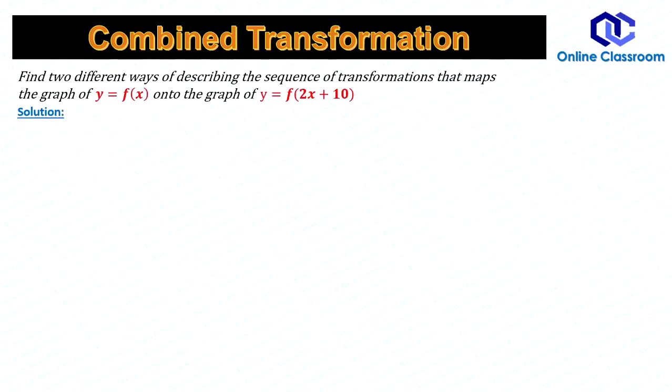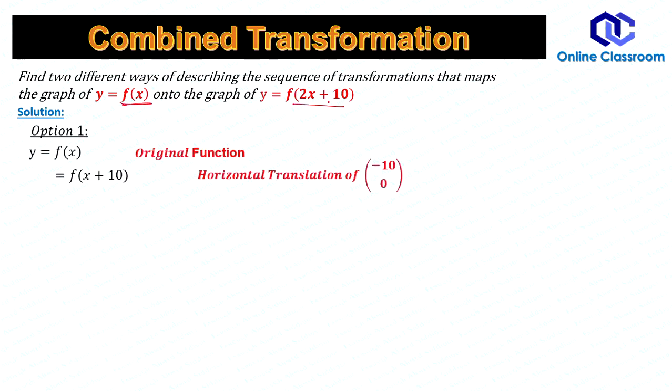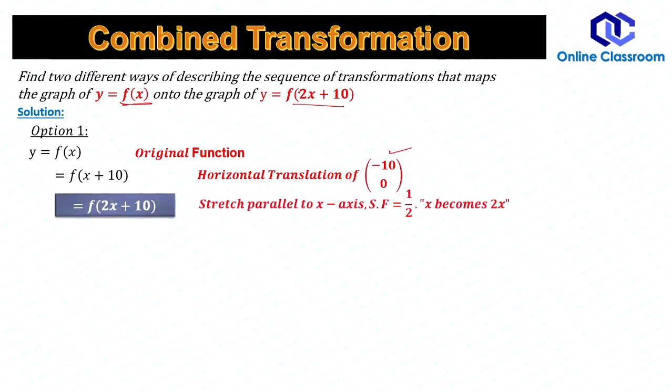Now again, there are two different ways. A graph is not defined, whether it's a quadratic or linear or whatever graph we don't know. Now transform to this. I have two options. I'm going fast. Try to get the idea. First I've done the translation because of this 10. Then I want 2 here. This shows horizontal stretch with scale factor, stretch factor half. That's it. SF means stretch factor.